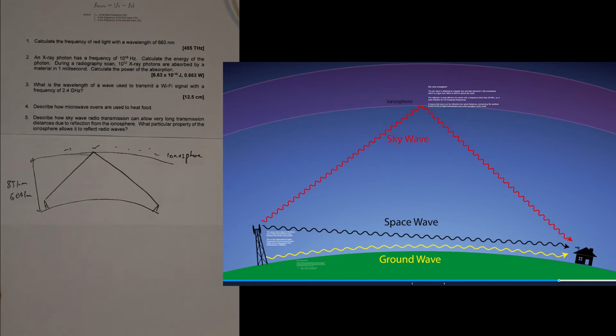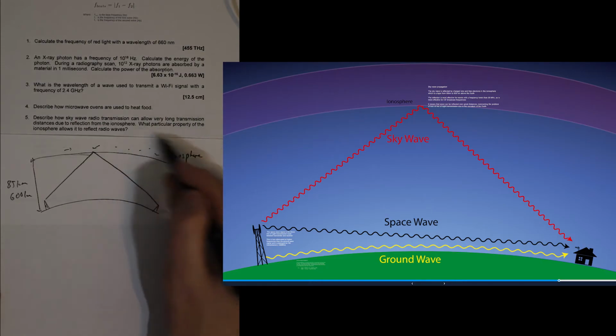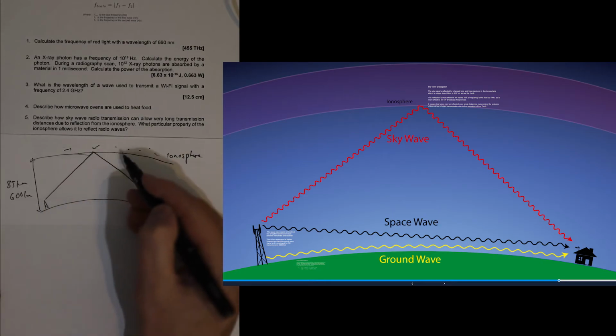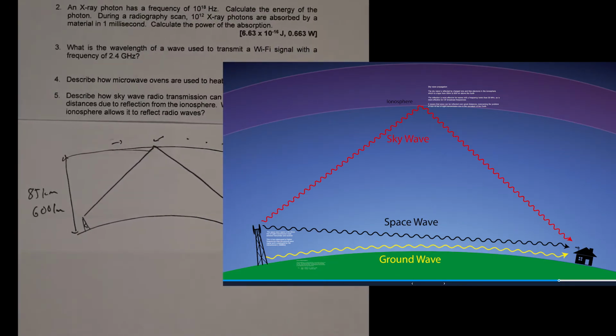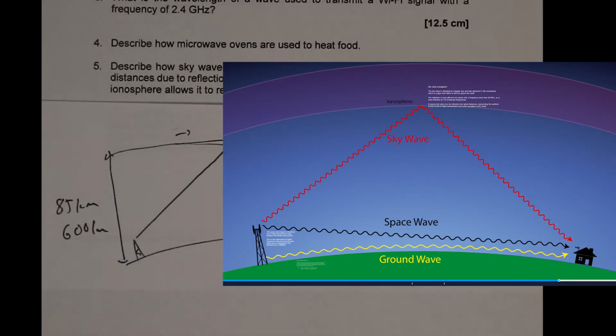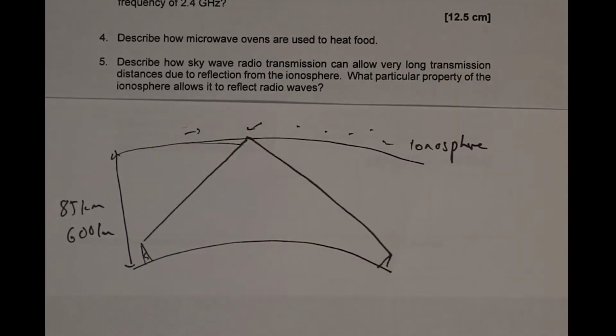Okay, and that's basically how it works. You can get these really long transmission distances because you can reflect it once or multiple times off the ionosphere, which allows it to effectively travel around the world. So it is this property of these kind of charged particles in the ionosphere that allow it to do this,